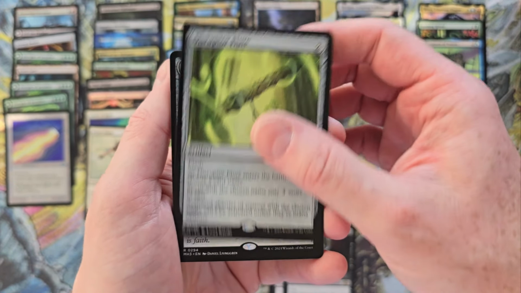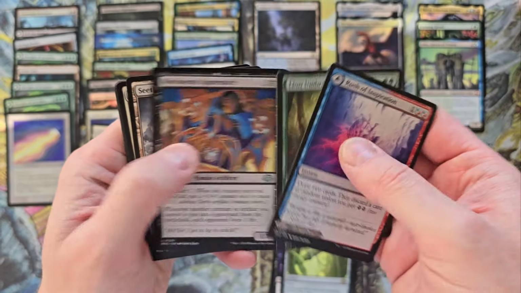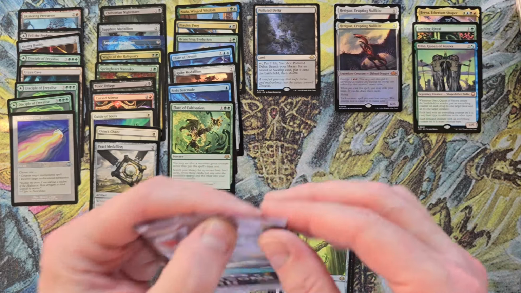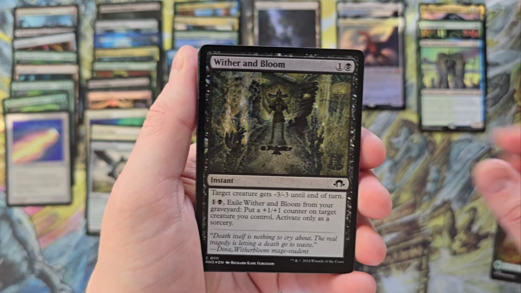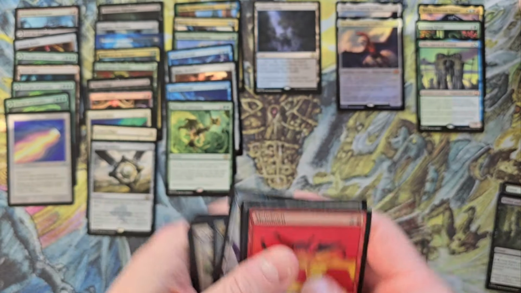Flare of Cultivation. Alright. Disruptor Flute. Pearl Medallion. Remember how excited I was pulling medallions out of Commander Masters? Yeah. Come on. Arena of Glory. Which is not bad, but...